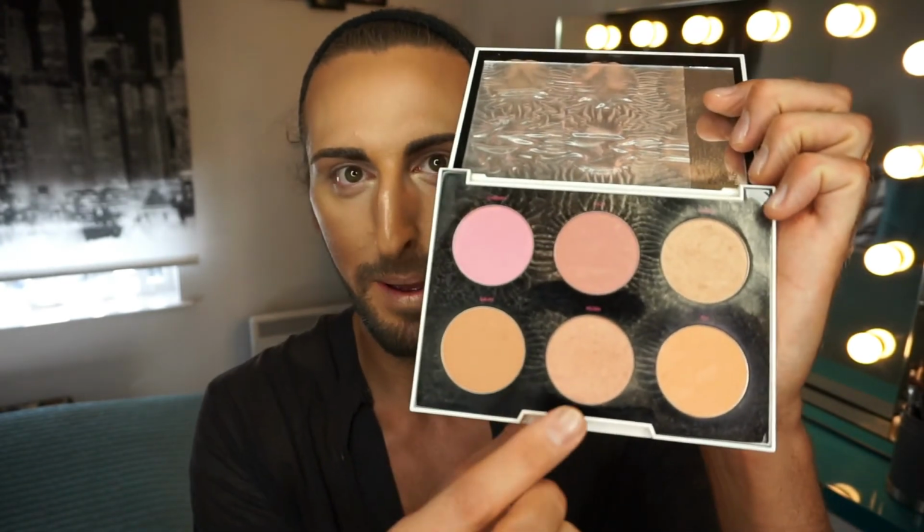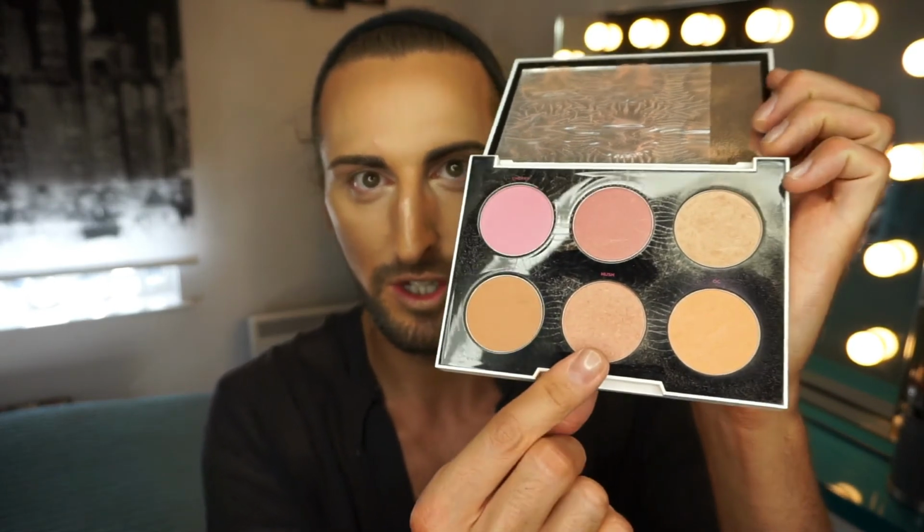Okay, so after you've finished with all that highlighting, after you're looking really metallic in the right areas of the face, what you can then do is apply a wee bit of blusher, just if you're looking for a bit more colour, a bit more of a lift. So the blusher I'm going to apply is from the Urban Decay Gwen Stefani palette, and it's this colour in the centre here, which is called Hush. So I'm just taking a wee bit of that,